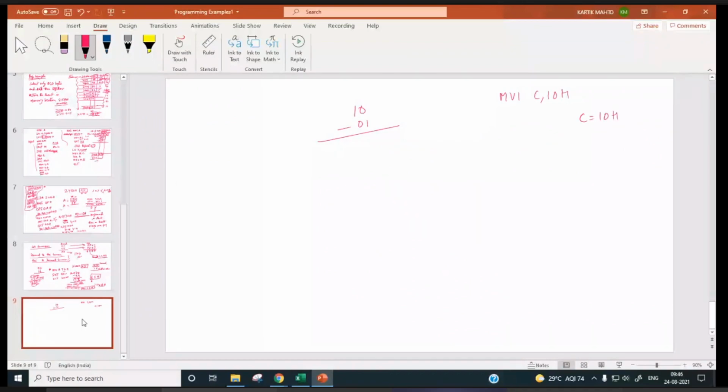Now if you do DCR C, C will be how much? Quickly. 09H. अरे बाबा, 0FH होगा ना, 0FH होगा, because this is 16 और ये 15 है.